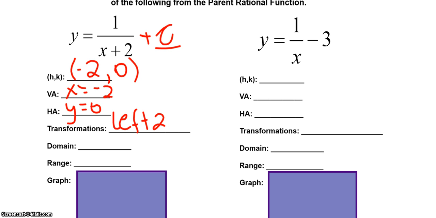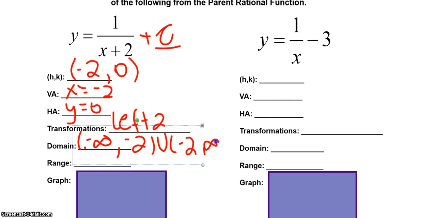And I didn't move up or down. Now looking at, see if there's a positive or negative. There's no negative, so there's no reflection. And then we have it as 1, so it's like the parent function, so there's no stretch or compress. Alright, domain. I'm going to go from negative infinity to my h, so the negative 2, union, negative 2 to